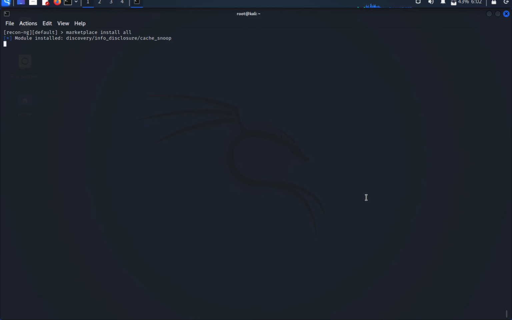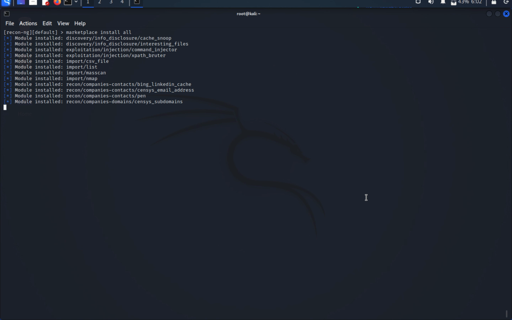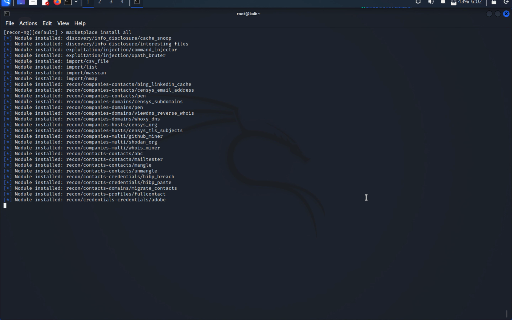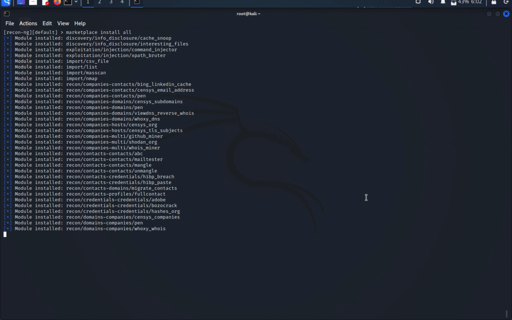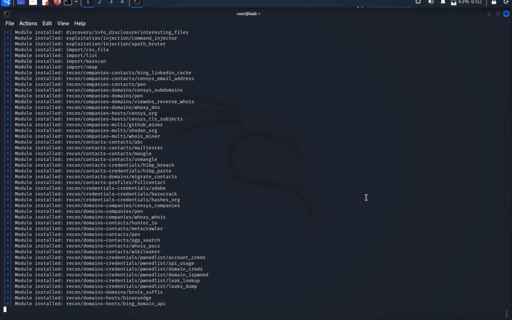So it will be installing all the possible modules which are present on the repository of Recon-ng. As you can see, all different modules are being installed from the marketplace of Recon-ng, but at the end